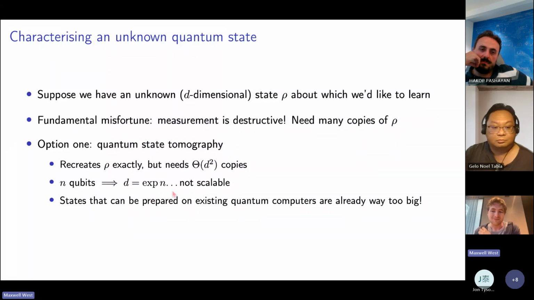the system. Actually, even just last week, I was talking to someone who was trying to characterize a state that he'd made on 20 qubits. I mean, it's horrible, right? 2 to the 20, and then you square it. That's not very friendly.